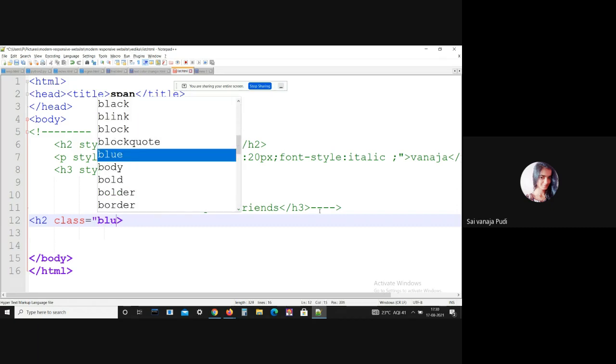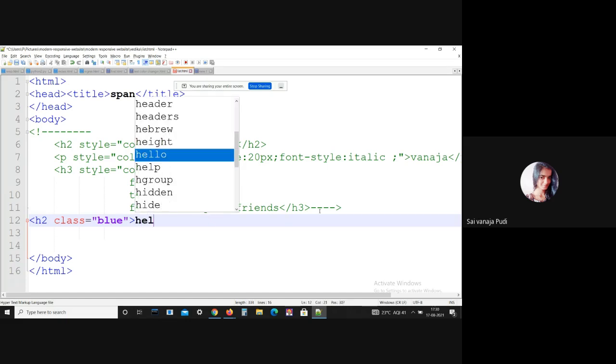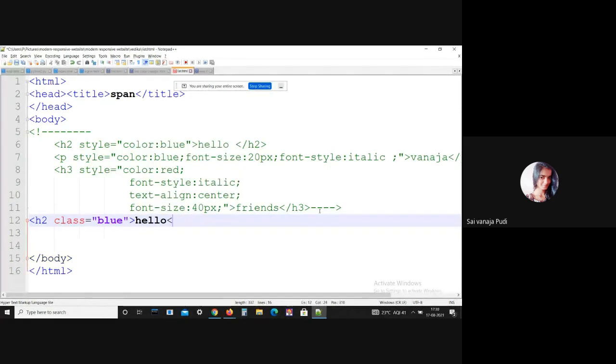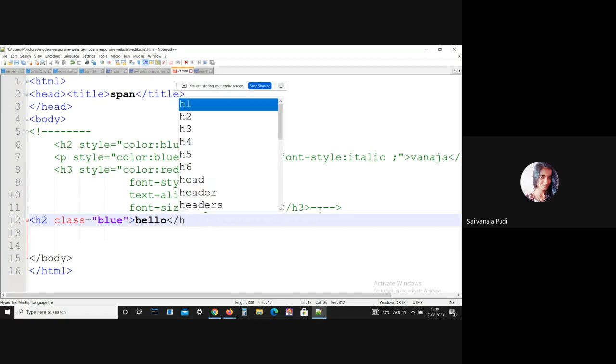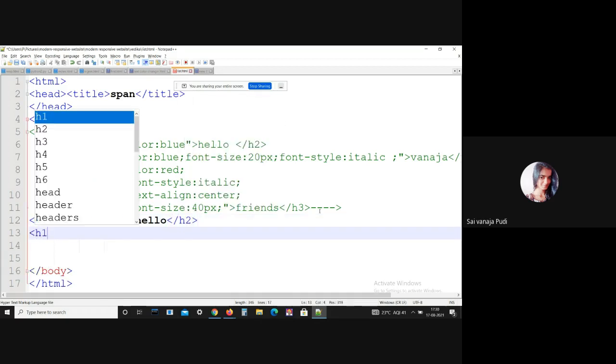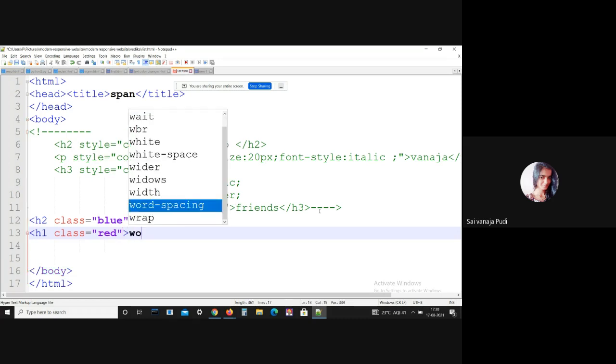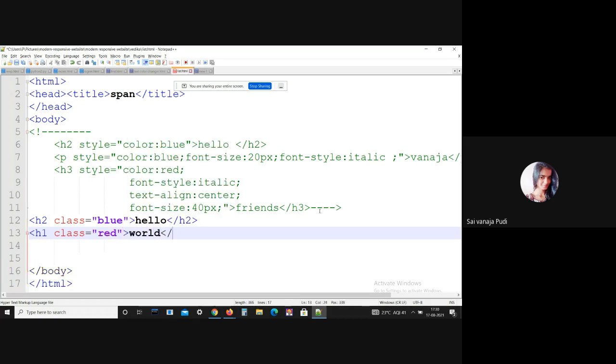I just want to add the color blue. Now in h2, let me give some name, hello. After that, you should close your h2 tag, and after that here I just want to add an h1 with the class red, and the text world. Okay, now close this.